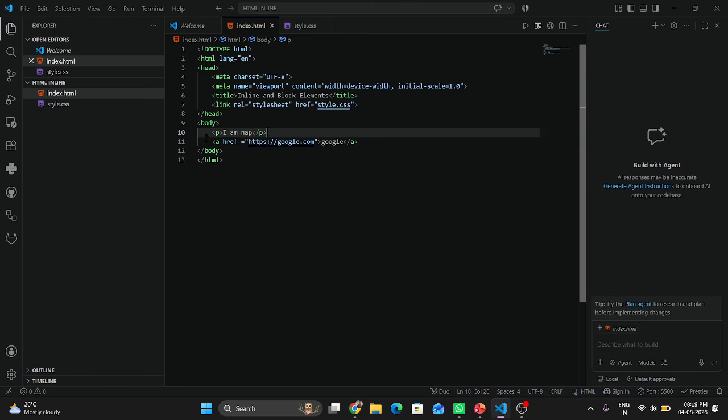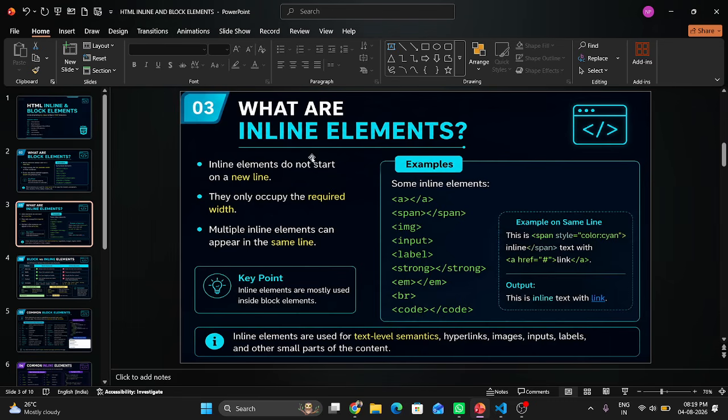Fine. When you execute a block element program, it will consume the entire area. But the anchor tag is an inline element. I'll tell you again. You can go through this PPT also. In this PPT, we have given many examples like the anchor tag, span tag, image tag, input tag, label tag, strong tag, BR tag, and even the code tag. And we have many tags